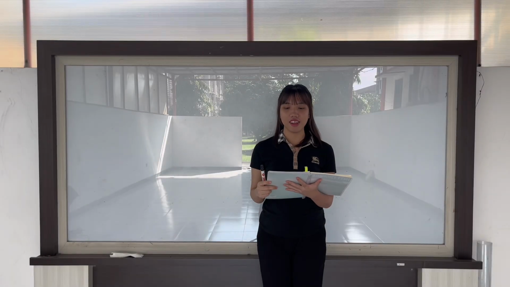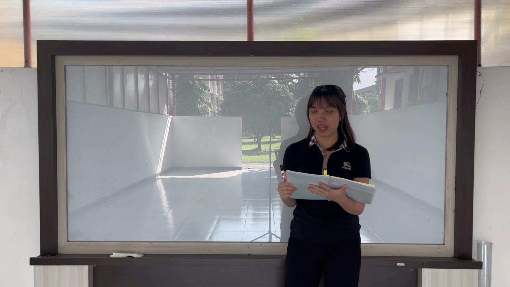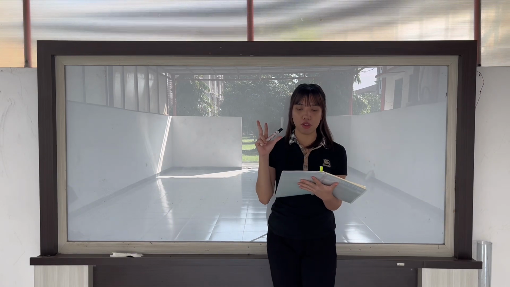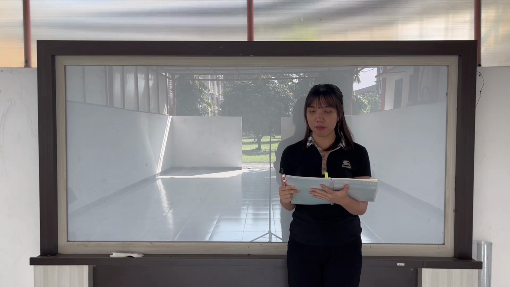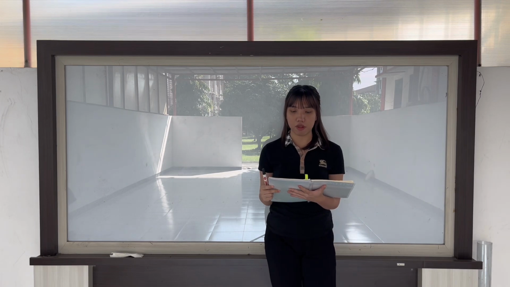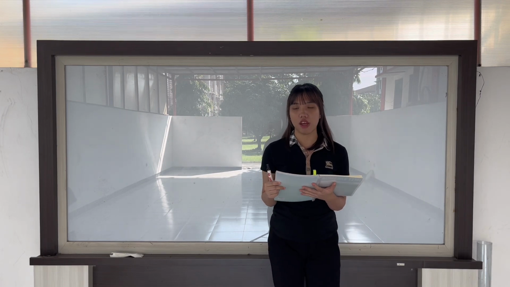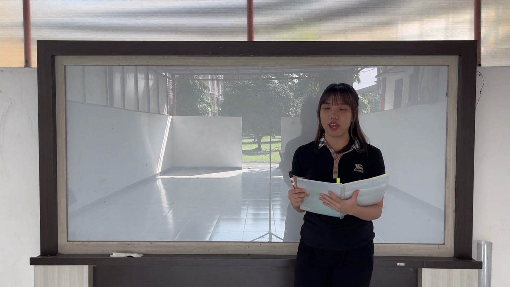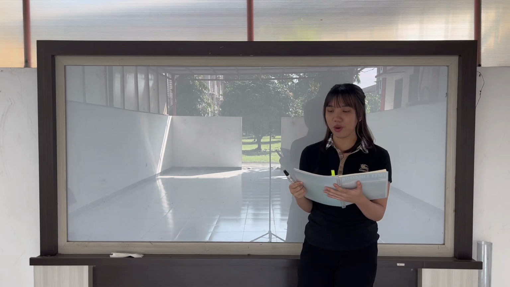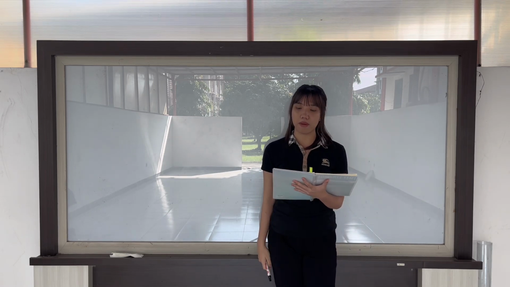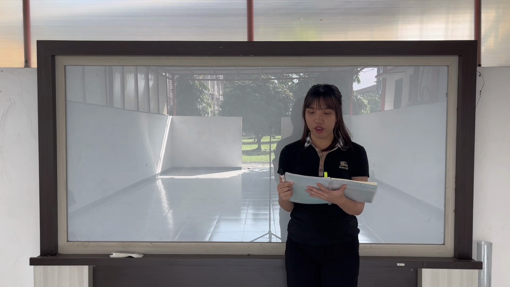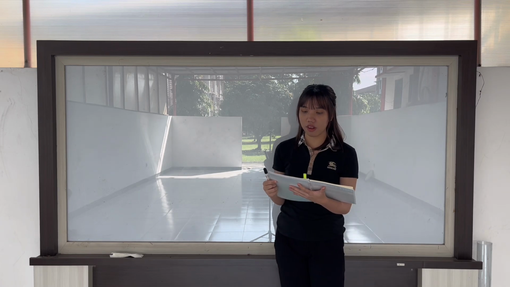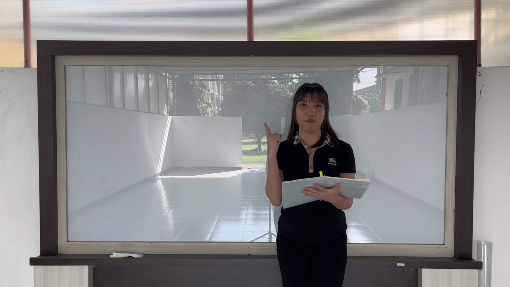Hello everyone, now I'm going to explain how to solve question number 8 from the Economic Mathematics book by Kalangi, chapter 19, page 93. In this question, we need to find the function that maximizes profit as well as the first and second derivative of that function. Keep on watching.